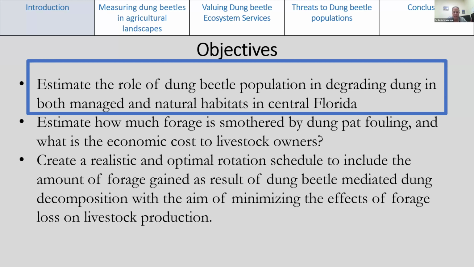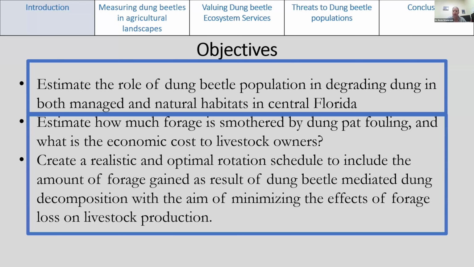Were there differences? And then our second objective, following on from that, was to estimate how much forage was smothered by dung pat fouling. So when all of these 10-inch, 12 times a day cattle pats are dropped, what is that economic cost to livestock owners? And then to do that, we created a realistic rotation schedule to include the amount of forage gained under higher abundances of dung beetles, with the aim of actually minimizing the effects of forage loss on livestock production